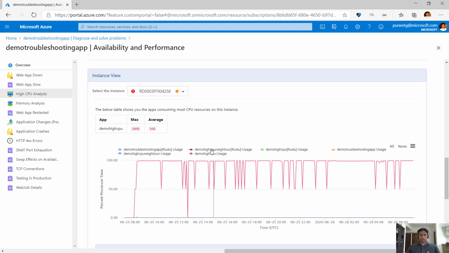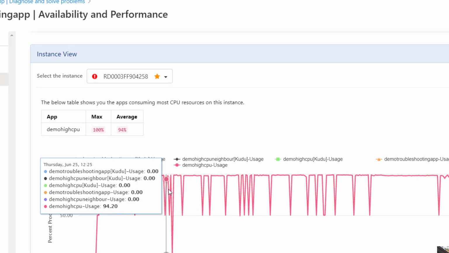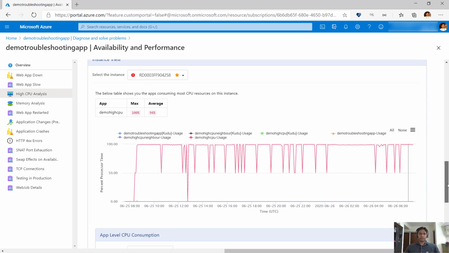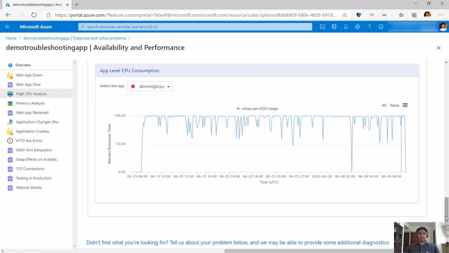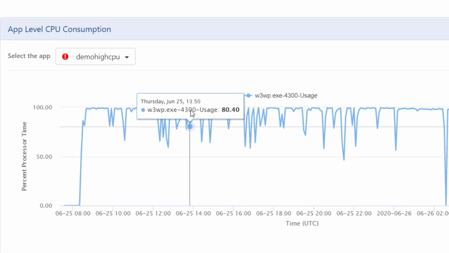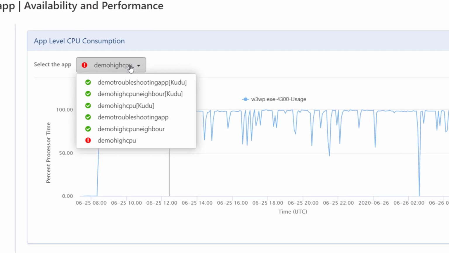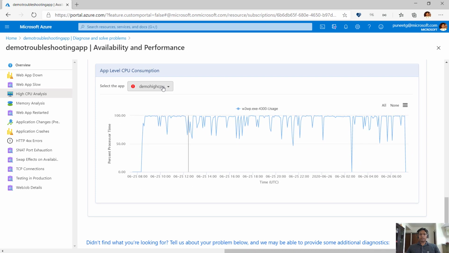The CPU usage shown here is the CPU usage of the process belonging to the app and all the child processes spun up to serve the app. We can see from the graph CPU usage of each app at a given point in time. Next, we see a process level breakdown of each app. The app that is consuming the maximum CPU is pre-selected, and you can see the process name and process ID for all the processes that belong to this app. You can switch the drop-down view to see the process level breakdown of other apps running in the same app service plan. In this manner, we can determine the app or apps that are spiking the maximum CPU on every instance.